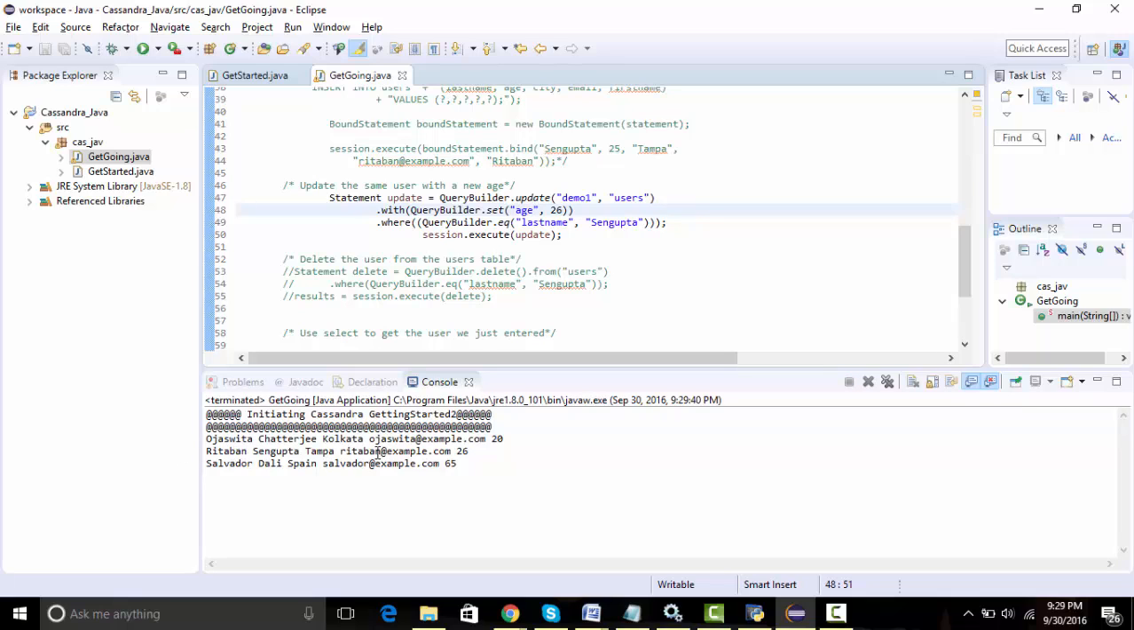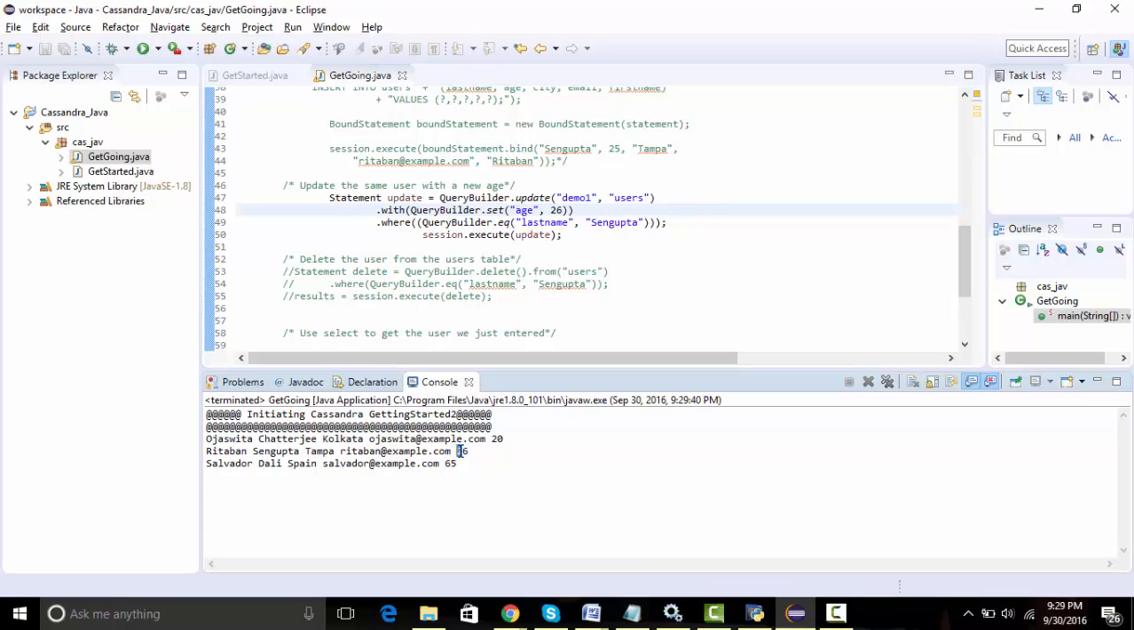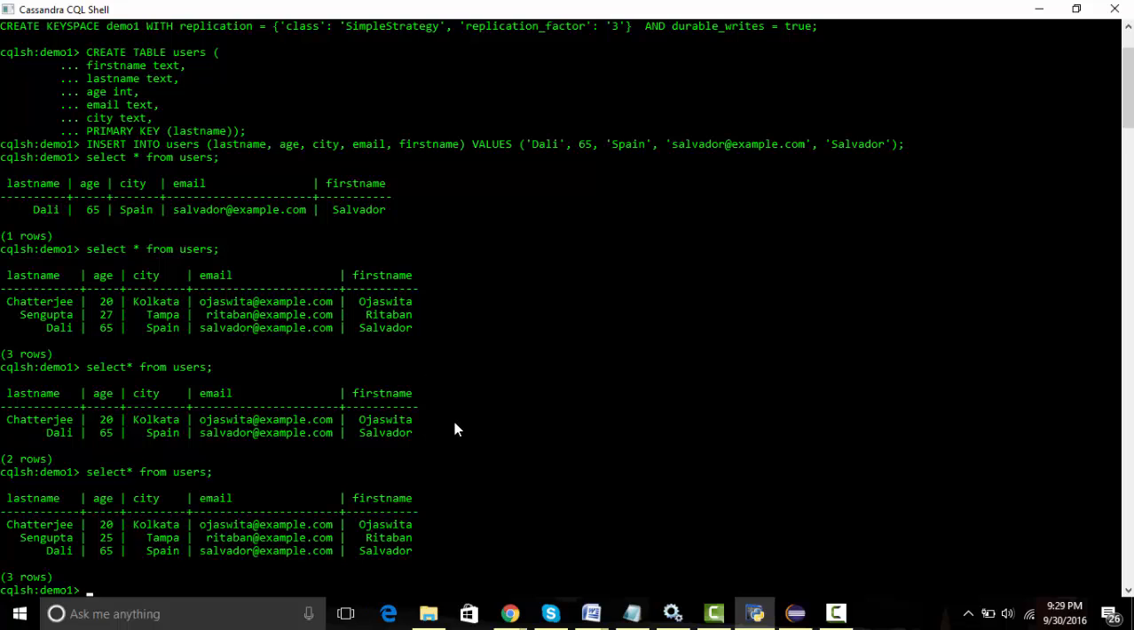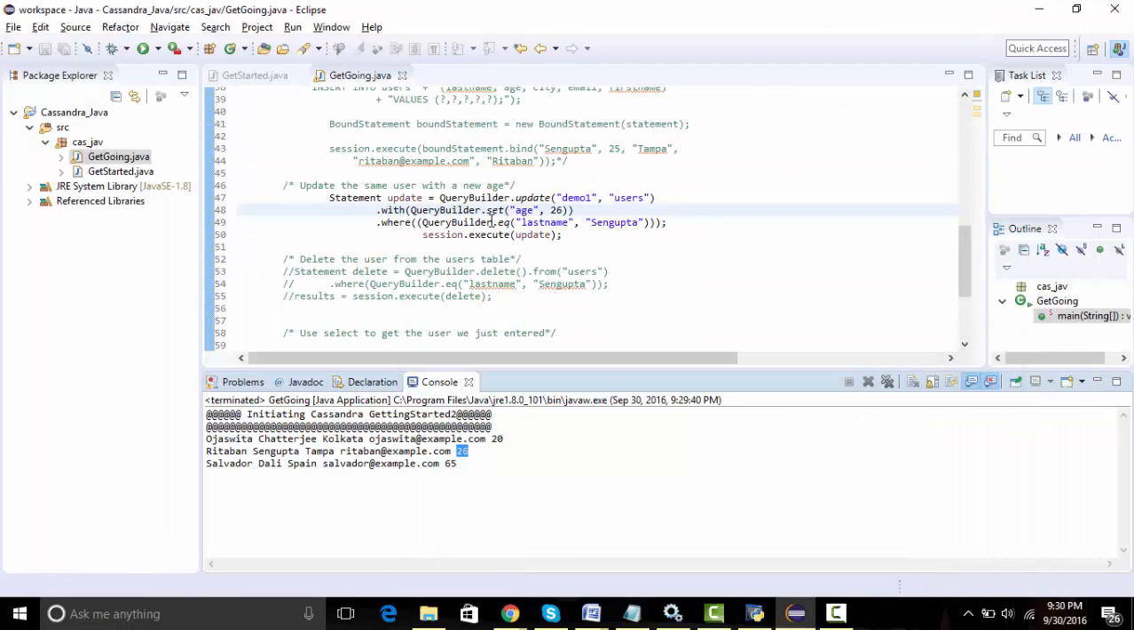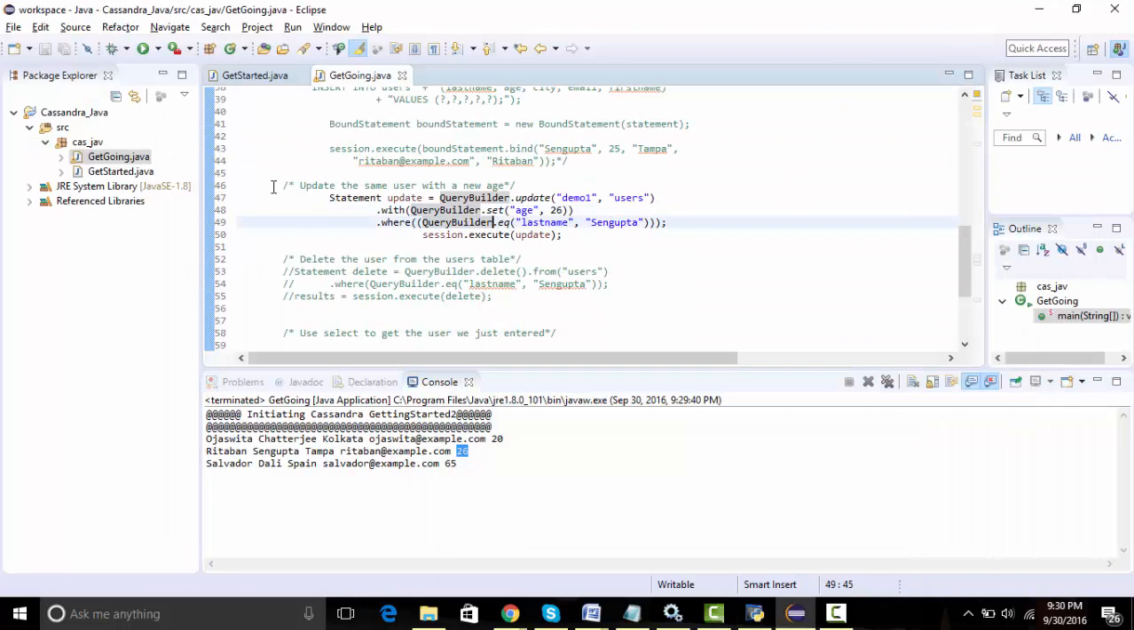Okay, so we can see here our data is again changed. The data has been updated. My age has been updated to 26. If we go back to the SQL command once again and check, yes, from the SQL command also my data seems to be updated. Now I'll comment out this section once again, and I'll go back to the next section